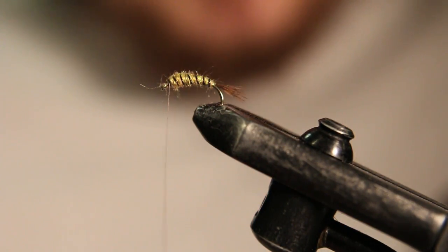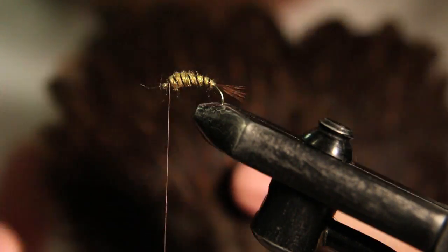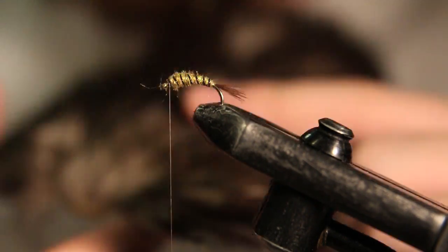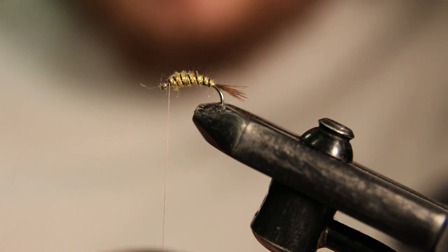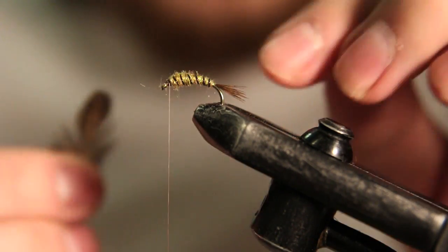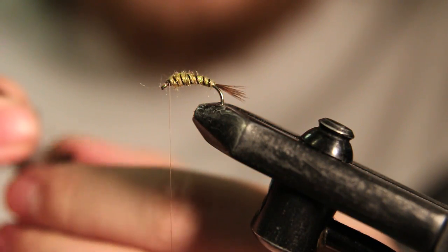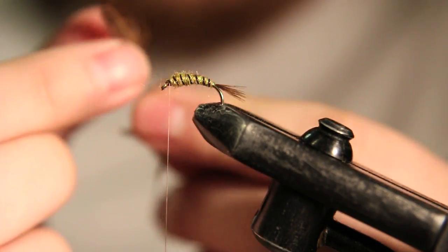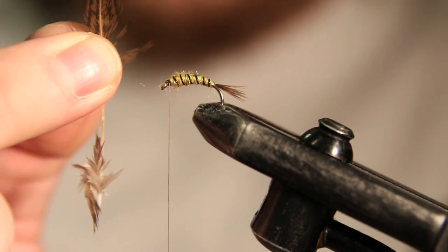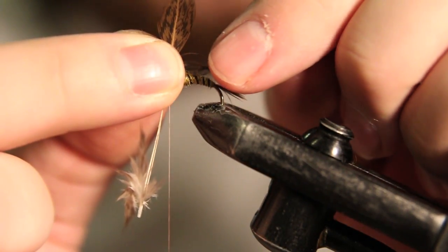Alright, so for the hackle part, we're going to be using the same hen saddle. Now I'm going to grab a feather near the bottom, and I want to find a feather with fibers that go no longer than the hook shank. So when you put in the soft hackle part, I'm just going to strip it down a bit. You want the longest fibers at the bottom not to go past the back of the body,